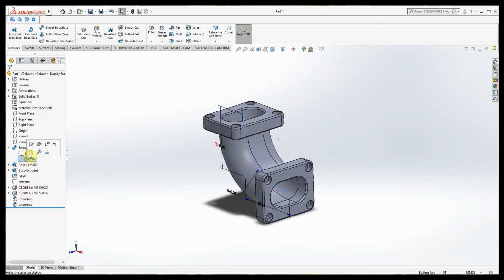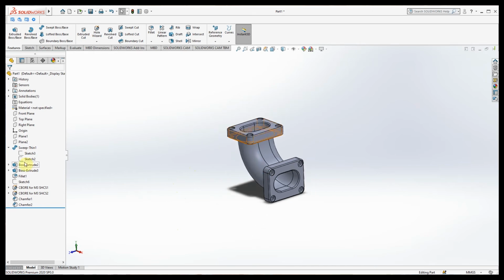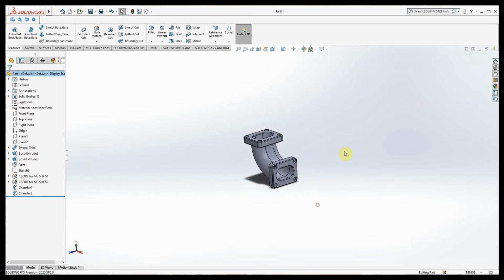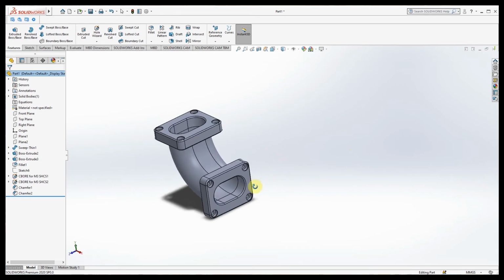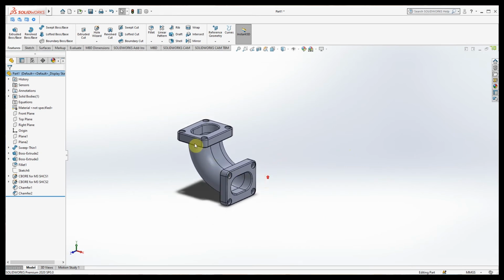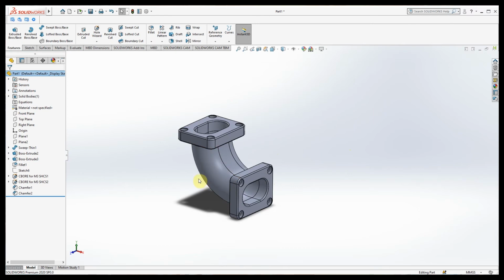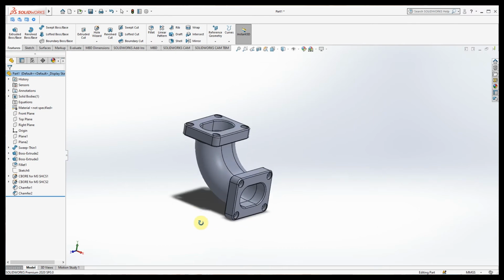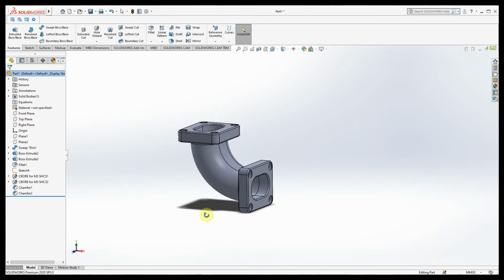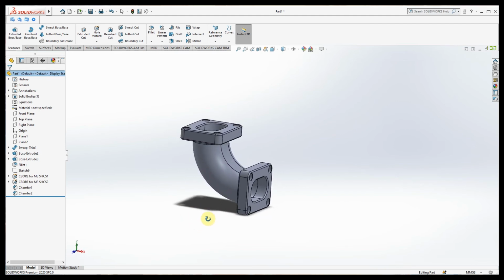And make this visibility off. Now our flange pipe is over. We completed our L pipe with flange.